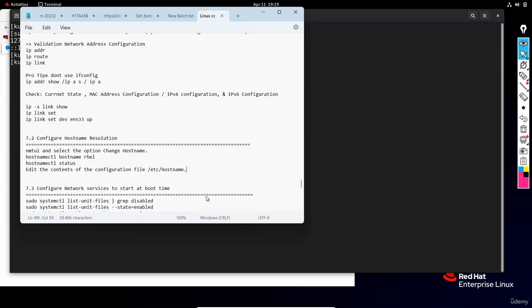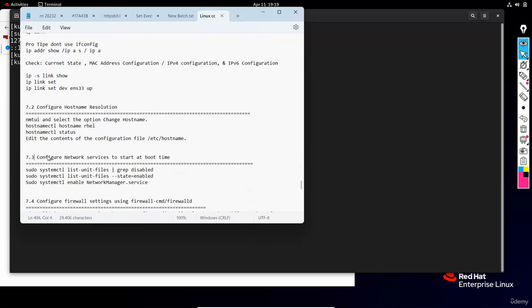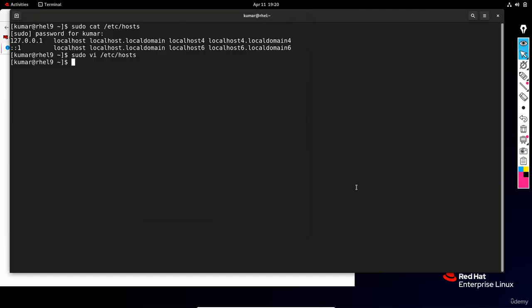We need to find out how to configure the network service to start at boot time. What is the meaning of starting a service at boot time? In the previous sessions, when we were discussing